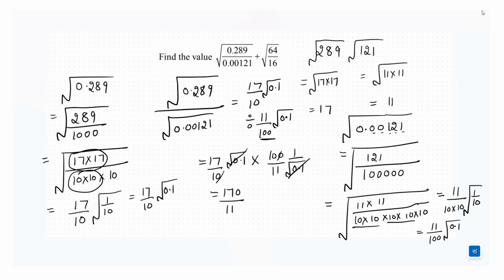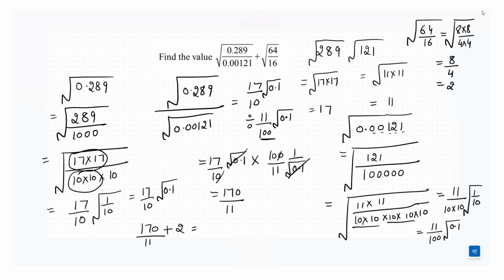Now after solving the value for this, the next one is the square root of 64 over 16. So 64 can be written as 8 into 8, 16 can be written as 4 into 4. We can write it as 8 over 4, which is equal to 2. So finally, if I have to calculate the value for all this, I will just write down 170 over 11